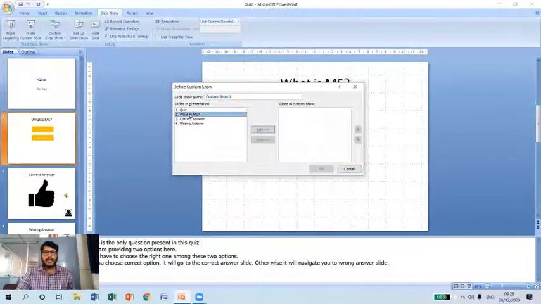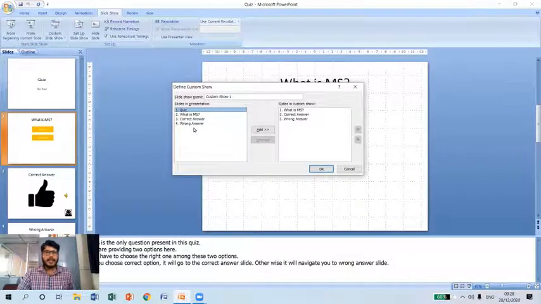I'm going to select the second slide and click add. Again the third slide, add. Again the fourth slide, add. Remember, I have not added the title slide, that is the quiz slide. I'm going to simply skip this one, and after skipping the first slide, I want to add the remaining slides.